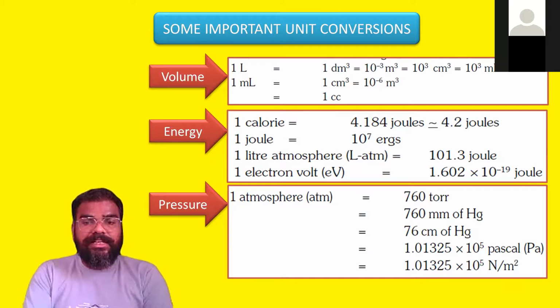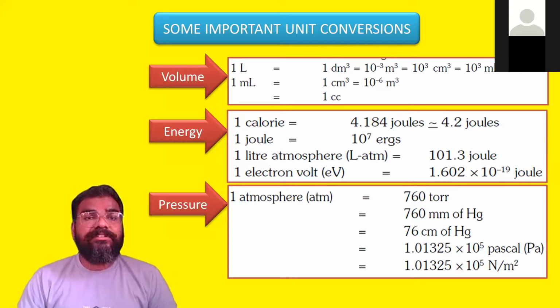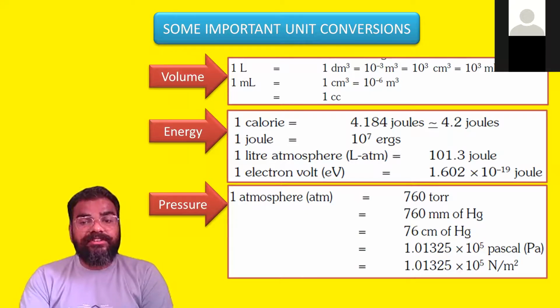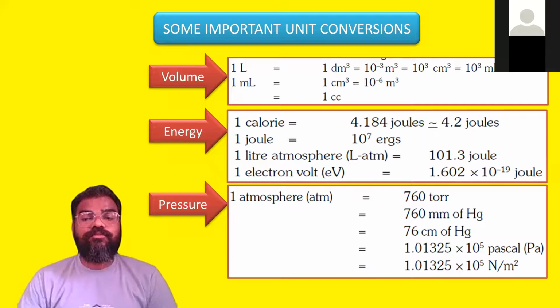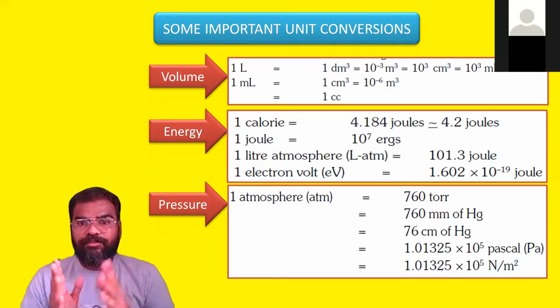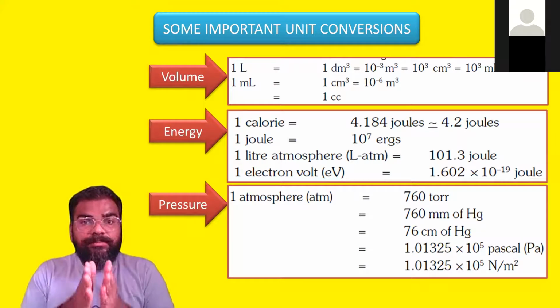सो द प्रेशर 1 atm एटमोस्फियर, ठीक है, 760 टोर, then 760 mm of Hg also you can write. Hg stands for mercury, okay. Then 76 centimeter of Hg also you can write, mm में पूछे तो 760 लगाना है, सेंटीमीटर में पूछे तो 76 लगाओगे तो भी चलेगा, ओके। इज इक्वल टू 1.01325 इंटू 10⁵ पास्कल, अगर पास्कल में पूछे तो, ठीक है। न्यूटन पर मीटर स्क्वायर भी लिख सकते हो, पास्कल के बदले सेम टू सेम, जितना पास्कल है उतना ही न्यूटन पर मीटर स्क्वायर लगा देना है, ओके। सो दिस इज व्हाट द प्रेशर एंड द डिफरेंट यूनिट्स टू मेजर द प्रेशर, ओके।